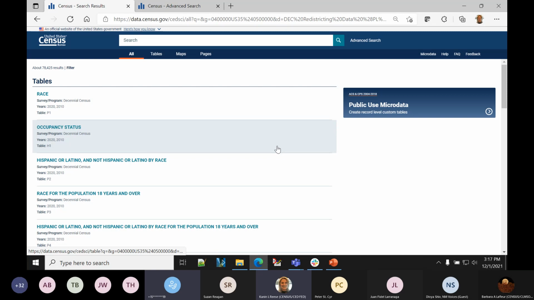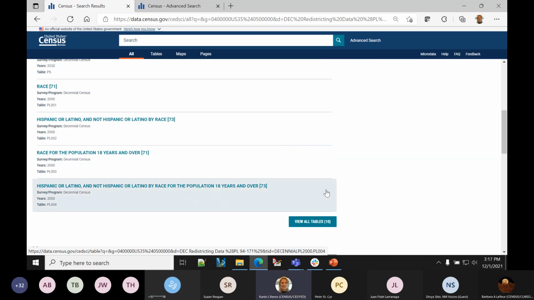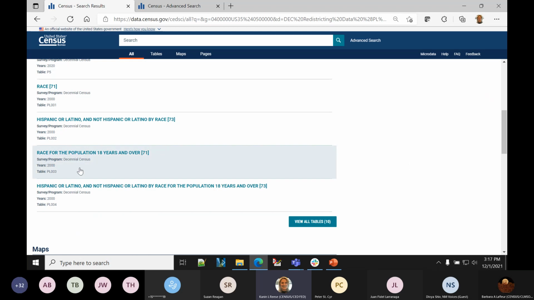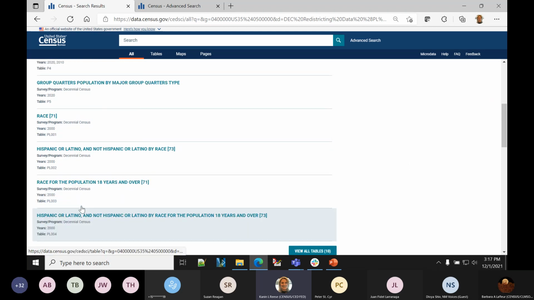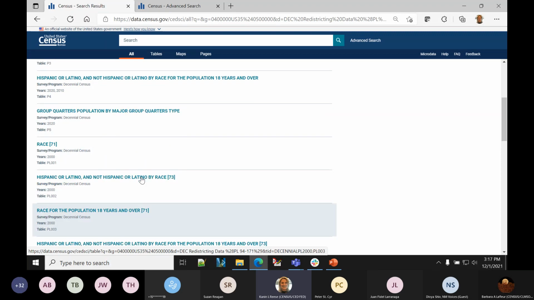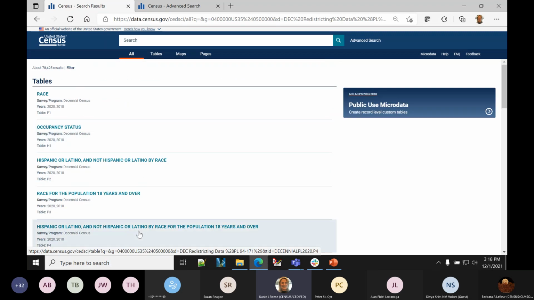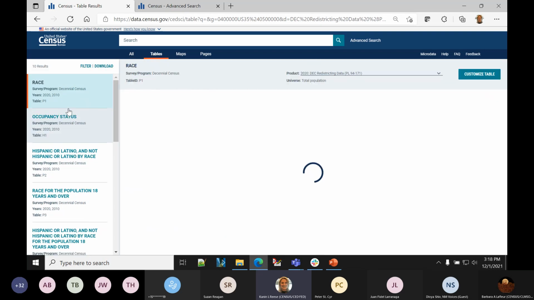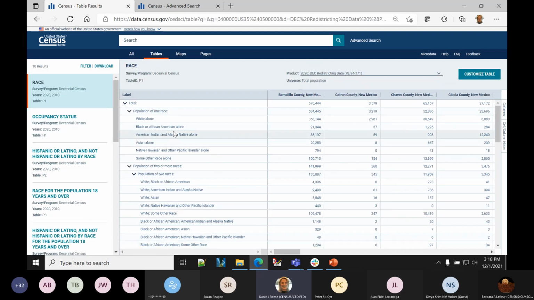Now, if you see, I can scroll down, and before we only had 6 tables for redistricting, and now we have 10. That's because the 2000 tables have been included in this, and they are not the same table IDs as what's available for 2020. So this is what's available, looking at things like race, which is P1. And then I can pull up the table, and it looks very similar to the tables that are produced most of the time within